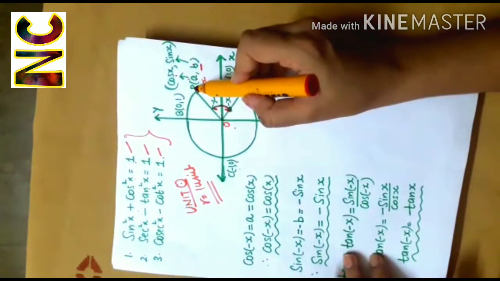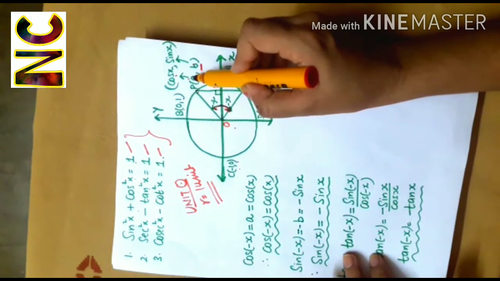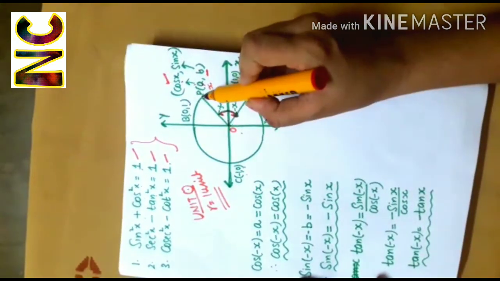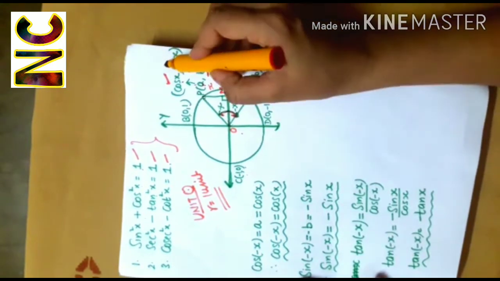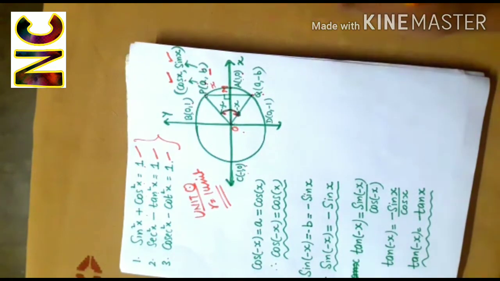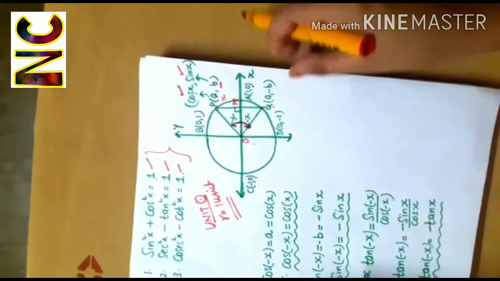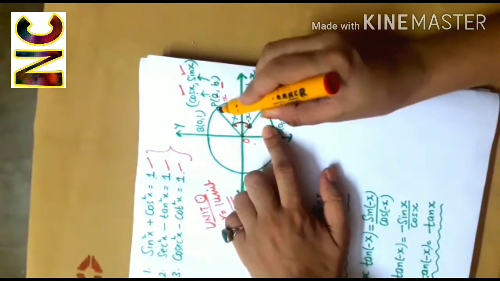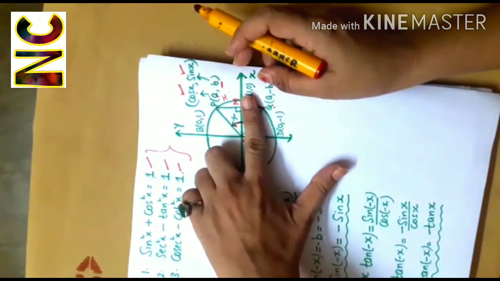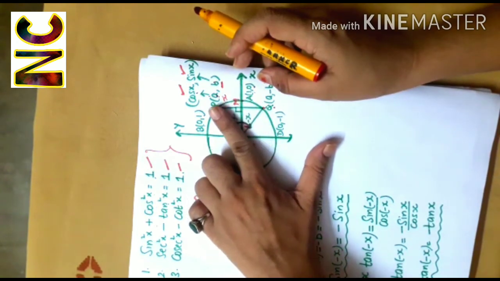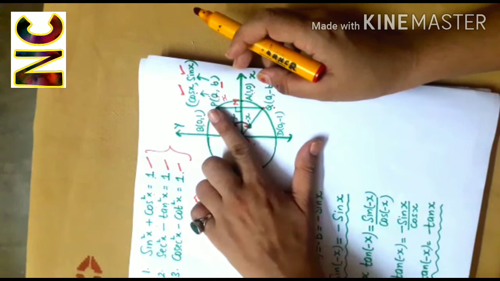And the x coordinate of the point P, that is a, will be equal to cos x, and the y coordinate of the point P, that is b, will be equal to sin x. This we have done so far. Now look here. When I formed angle AOP, this was the initial position of the ray and it rotated in anti-clockwise direction, and OP was the terminal side of the angle.